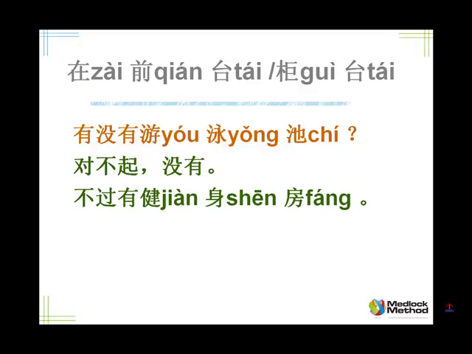Now the reply would be, but there's a gym. 不过有健身房。 We use 不过 here. You can use 但是, but 不过 is more colloquial, so sometimes you hear that. 不过有健身房。